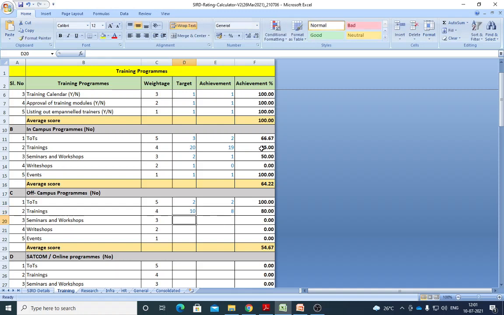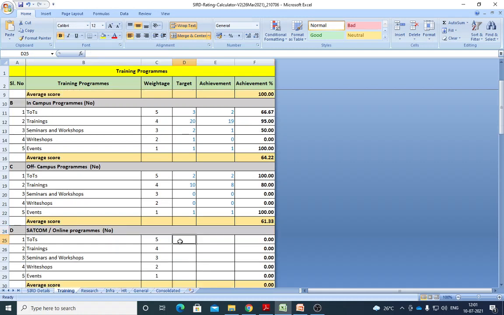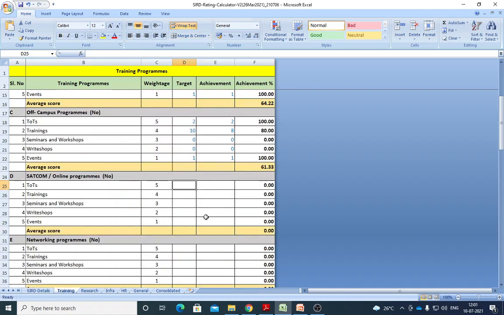And the seminars I have not planned because of facility concerns, so I put a 0. And workshops I have not planned for off campus either. And events, yes, I planned 1 specific to that region for the stakeholders, and I completed 1.